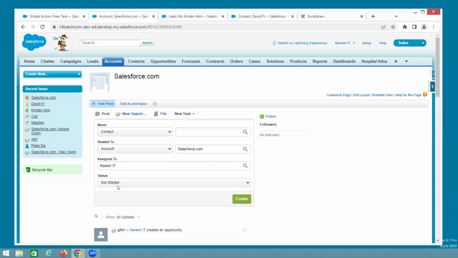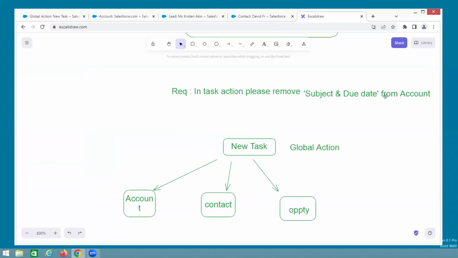Subject and what is the other? Due date. Not available. 1, 2, 3, 4 fields. Instead of 6 fields, 4 fields. The problem will be resolved. As per the client's request, in the account object we are removing it. But your work is done. But the problem is